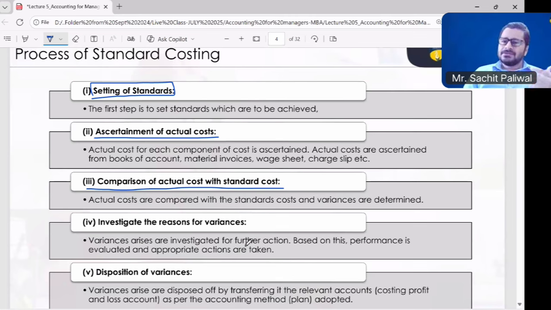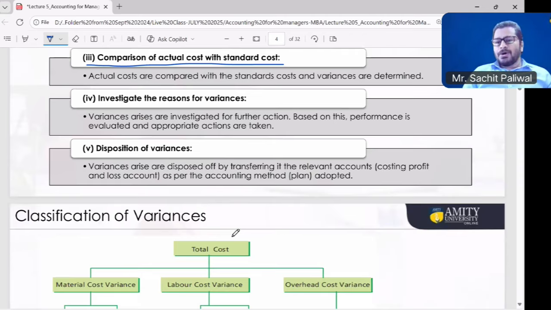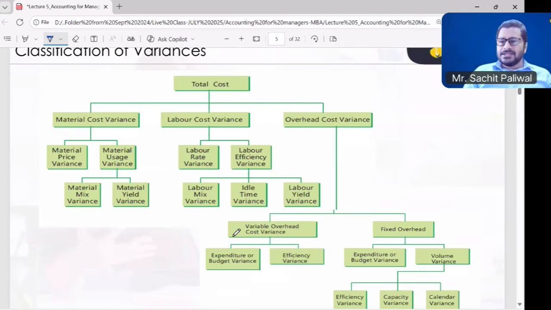So whatever the variance is, for every variance we have to investigate why it has happened. And then we will apply these findings in the next process so that the variance can be sorted out. And that is how the cycle continues in the entire life of the company, or for upcoming manufacturing processes. So when we talk about variance, it could be at different levels. As we discussed in the previous lecture, cost has a,